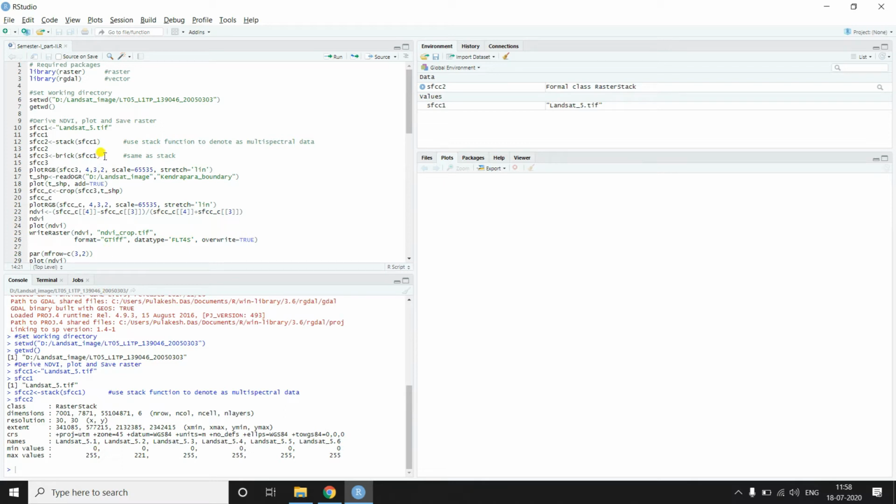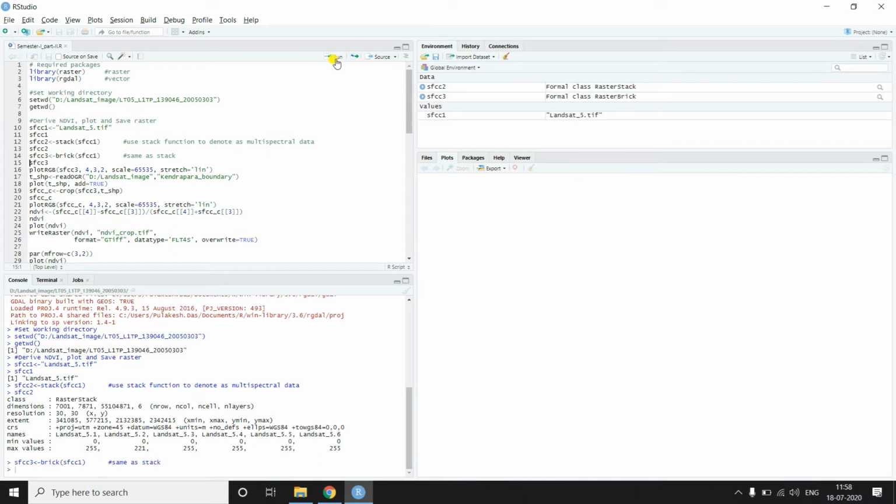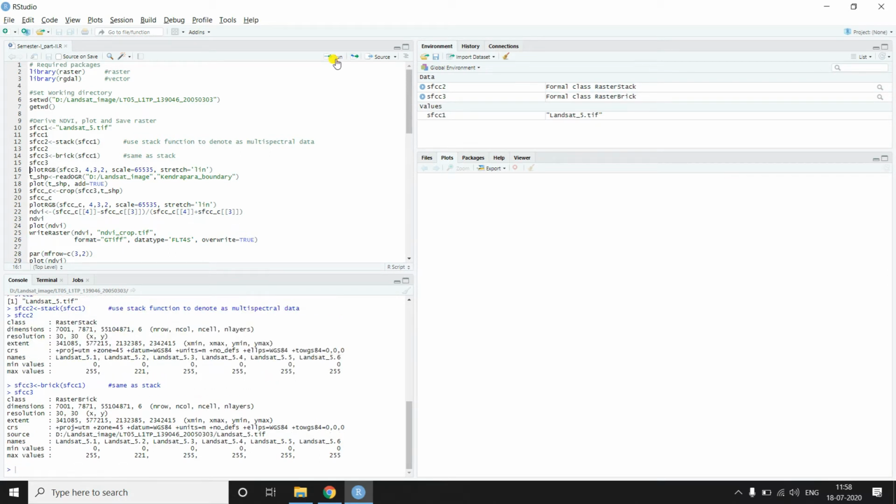Similarly, if you use the brick function, again one can get the layer stack image. Again we can see there are 6 layers and the other data details.